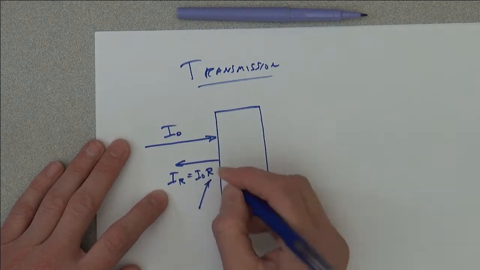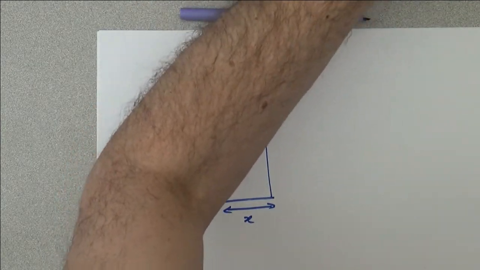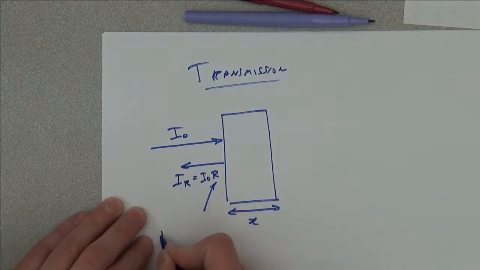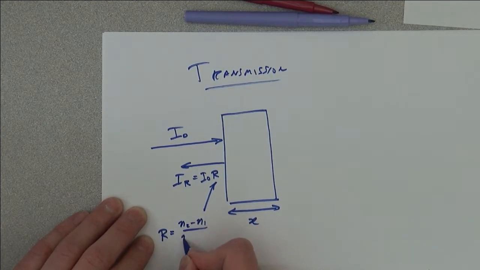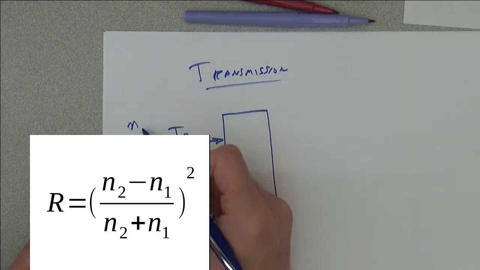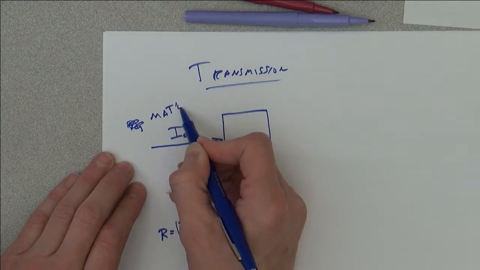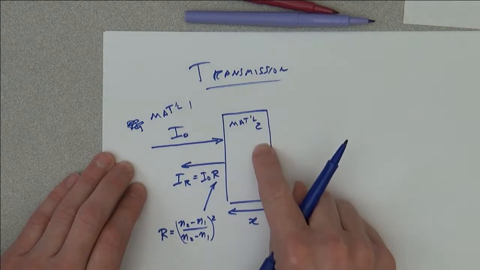And that reflectance we know is related to (N2 minus N1) over (N2 plus N1), squared. So if this is air, it's going to be N1 or 1, material 2,